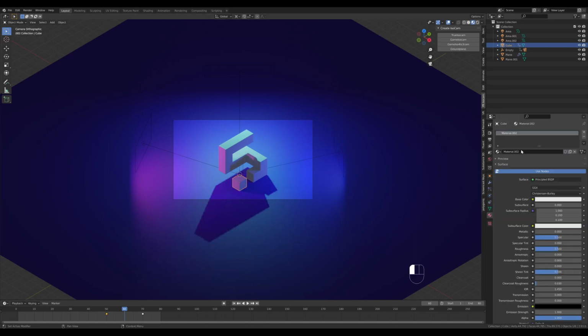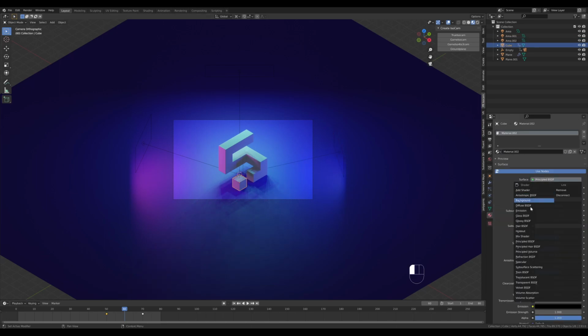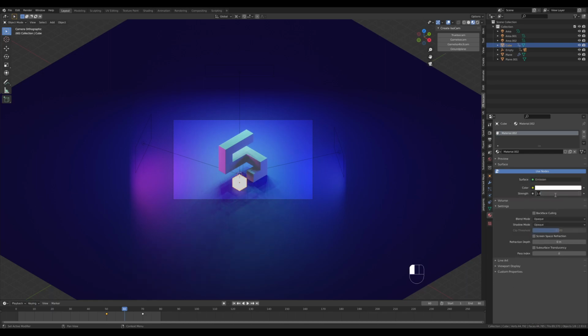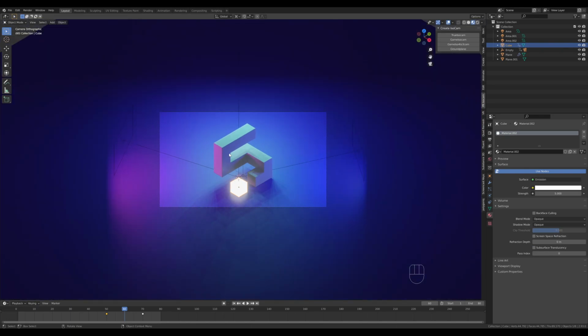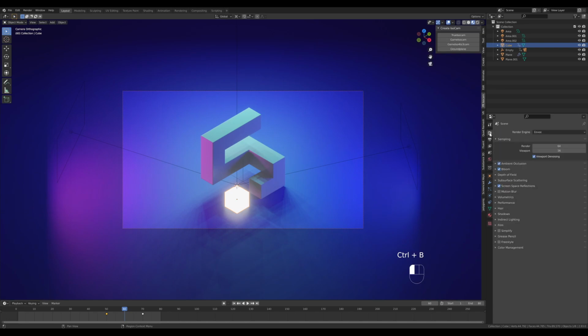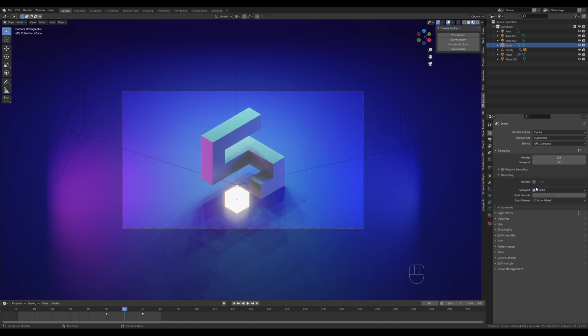And now let's select the cube, create a new material there, and we'll switch principled to emission shader, and let's add something like 5, so it's a little bit bright. And now if I press Ctrl B to limit the rendering, go to the render settings, switch to Cycles, I will choose GPU, set up some denoising,